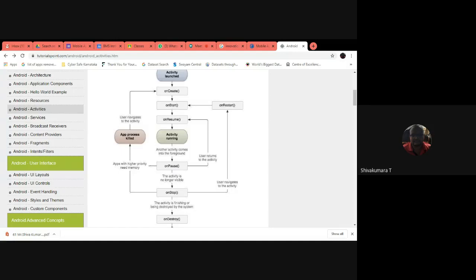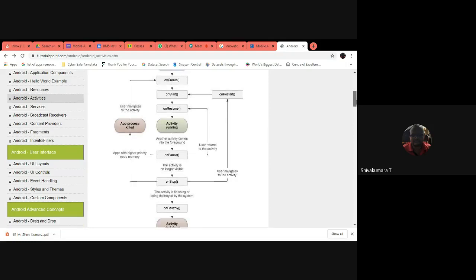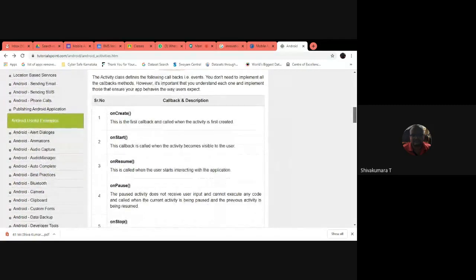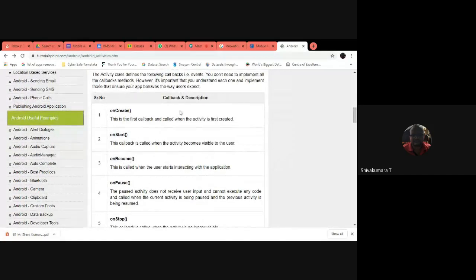This is the activity life cycle. For onCreate, a small description has been given. It is the first callback, called when the activity is first created. First time when the activity is created, the onCreate method is called. When the onStart method is called, the activity becomes visible to the user.